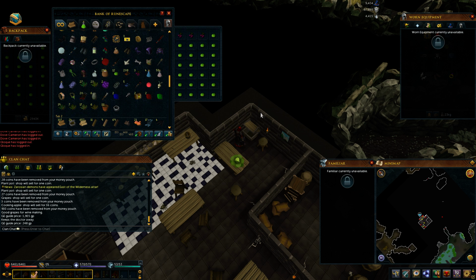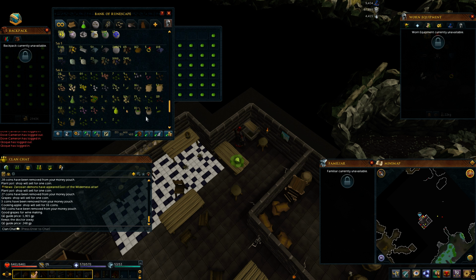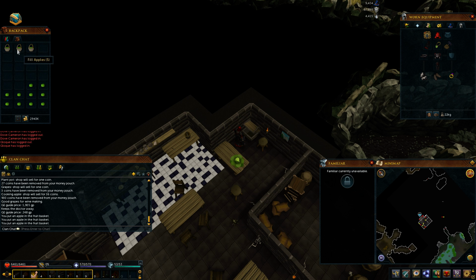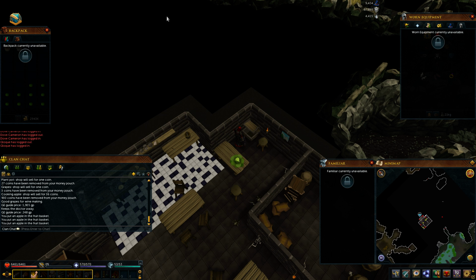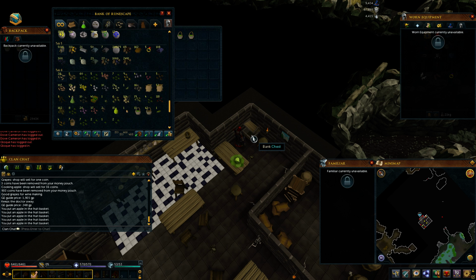So what I normally do is I'll bank the 5 grapes, and then I'll go down to my farming section and withdraw 3 baskets, and then you can use the cooking apple with the basket, and then you can fill the baskets. So you have 3 baskets of 5 apples. Then you deposit those and you withdraw 2 more baskets. Use cooking apples with each of those and then fill them. And so your 25 apples have now become 5 baskets of 5, also known as apples (5). So yeah,